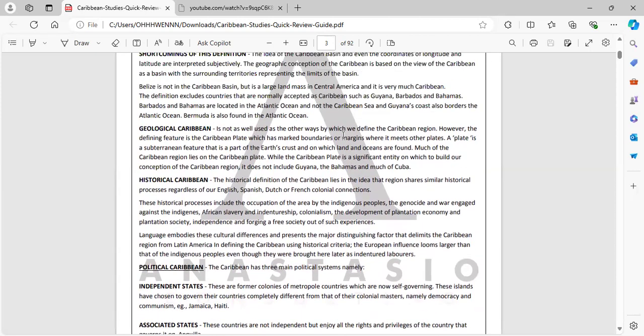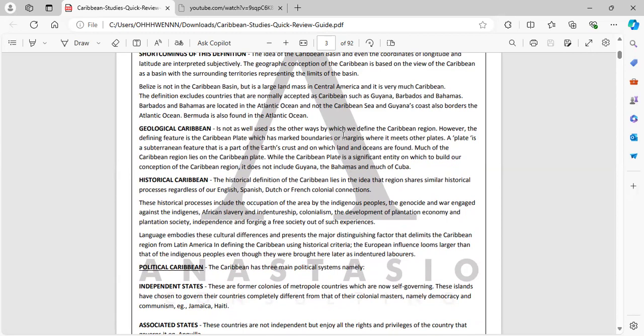Oh yeah, see the recite here. Belize is not in the Caribbean basin. That's what I'm saying now. Belize is not washed up on the Caribbean Sea. They're not within the Caribbean basin, within the latitude and longitude of that region. But it is a large landmass in Central America. I was saying again, the mainland territories, and it is very much Caribbean.